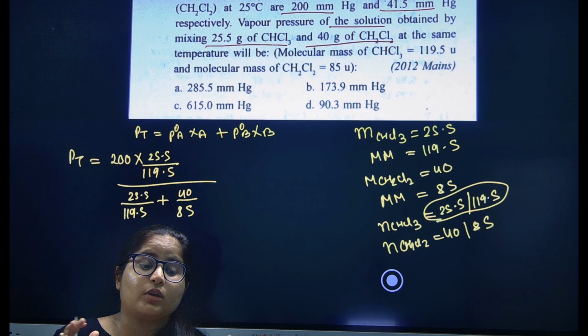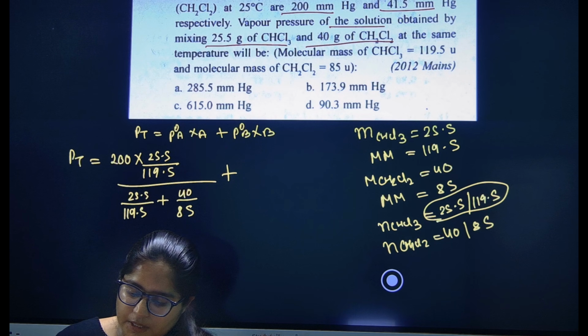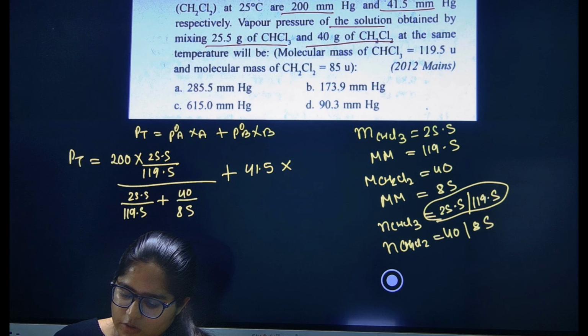Plus P naught B, how much they have given? 41.5 into moles of B, 40 by 85 whole divided by 40 by 85